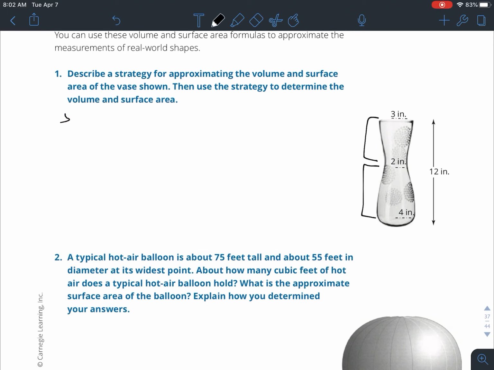So we could say similar to a cylinder. What we can do is we'll find the formula. So we're going to use as our radius, we have a radius of 4 inches